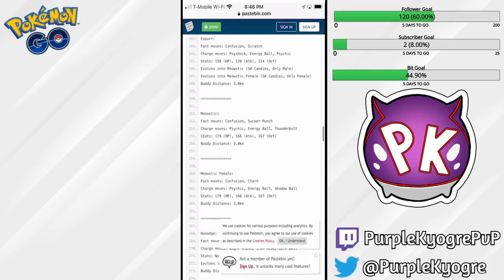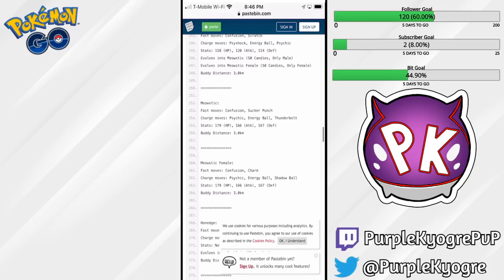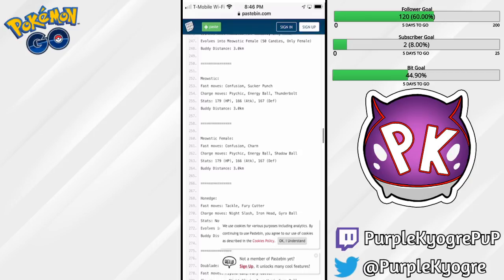Meowstic is the Confusion user of this generation, so it has Confusion. It also has Sucker Punch, but you're going to look at Confusion with the charge attacks being Psychic, Energy Ball, and Thunderbolt. Yeah, I don't know about this one. The stats are not that great. I don't know about that one. I mean, it could be an interesting Confusion user, I guess, but